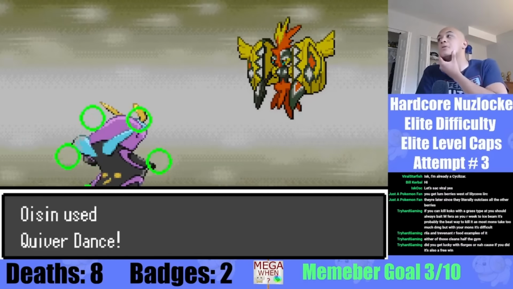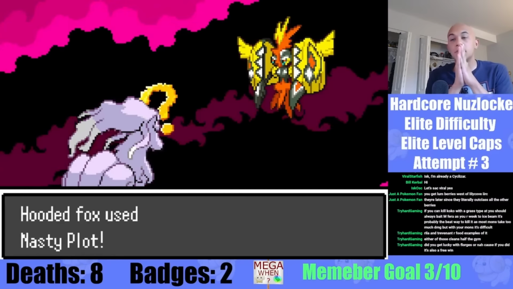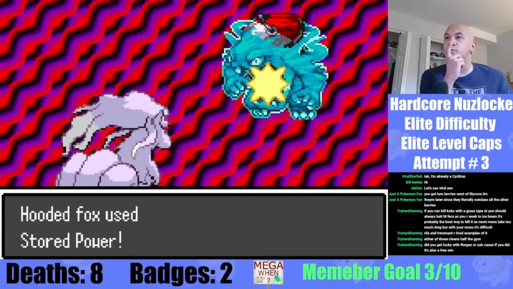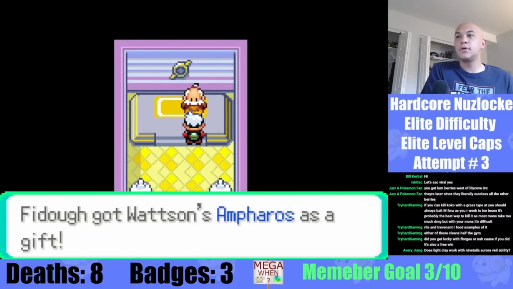Just need to get 2 Quiver Dances off with no crits and Baton Pass to Alolan Ninetales. We survive and drop the nastiest of plots. Stored Power blows up Iron Hands, Ice Beam destroys both Raichus, neither Redux Exploud nor Mega Feraligatr can survive the Ice Fox's power. The level cap now jumps to 45, and Watson gives us a gift Ampharos with its Megastone,